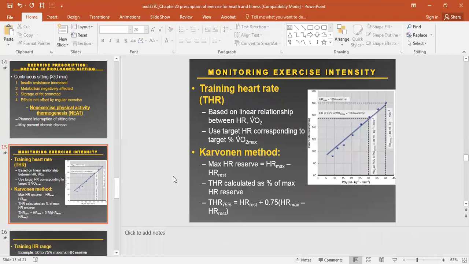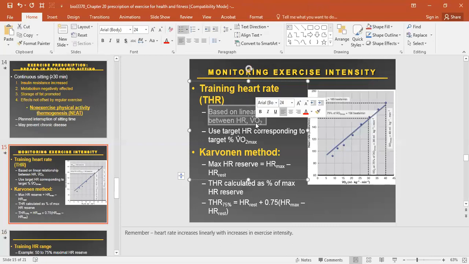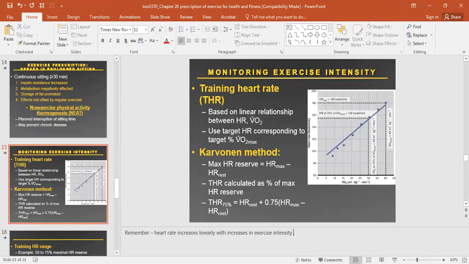So all of that is the modes of exercise, the different things we consider when we're prescribing exercise. Now, how do we monitor exercise? One of the easiest ways to monitor exercise is to monitor heart rate. Remember, heart rate increases linearly with increases in exercise intensity. So we know that, and we can test to measure something we call training heart rate based on this relationship, the linear relationship between heart rate and VO2. Remember, exercise intensity,